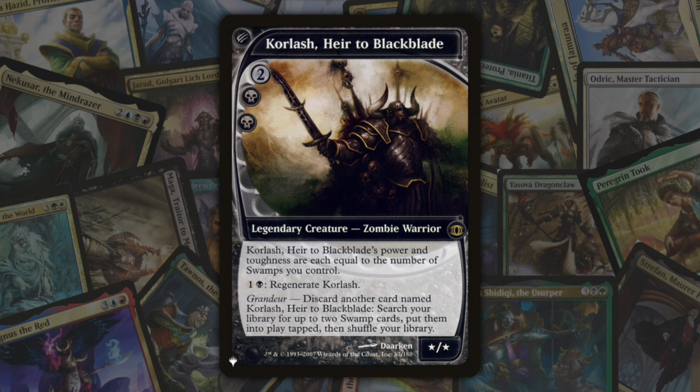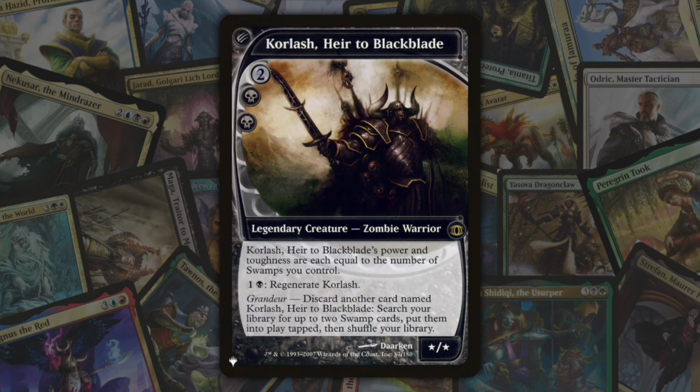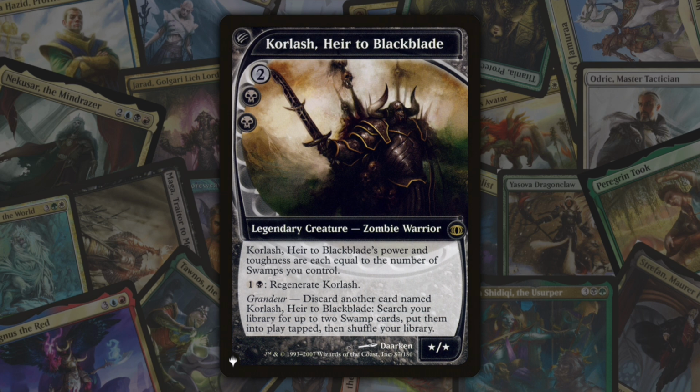What if I told you that he probably has the highest synergy and combo potential of this whole list? Run Library of Lang? Hell no! That's how he gets shuffled into the deck and never seen again. 2 words. Grave Recursion. Phyrexian Reclamation, anyone? The fact that his Grandeur ability gets you 2 swamps tapped means you'd have to run